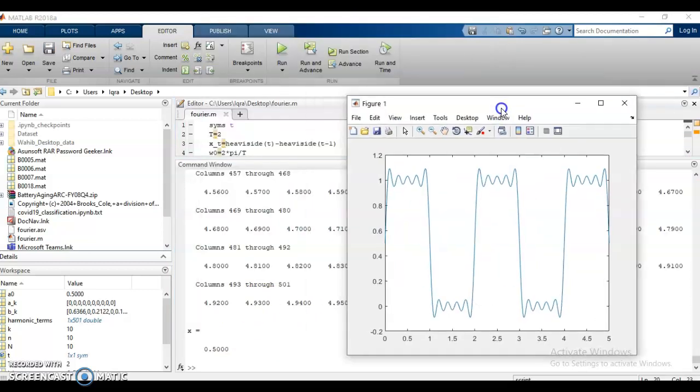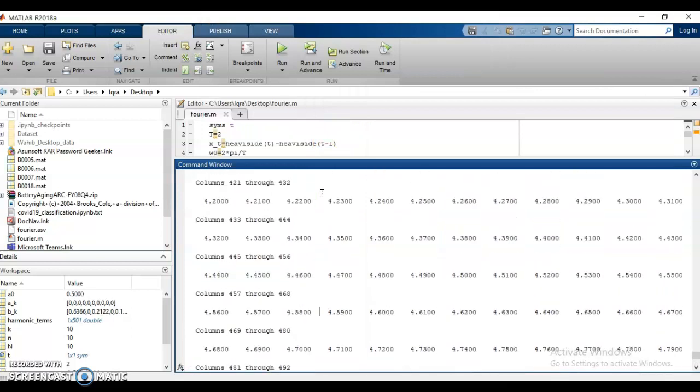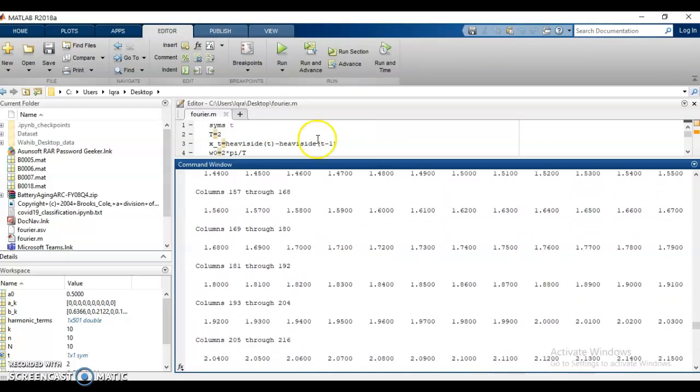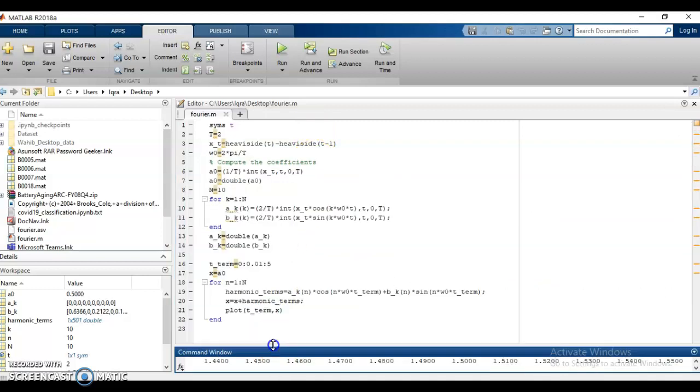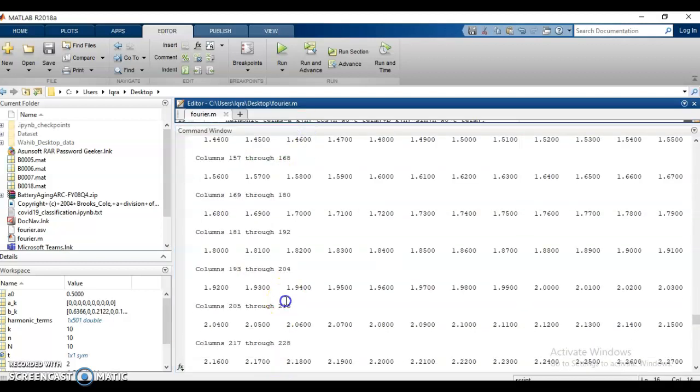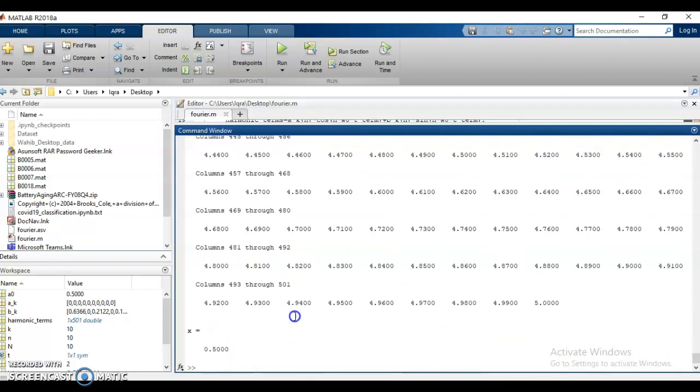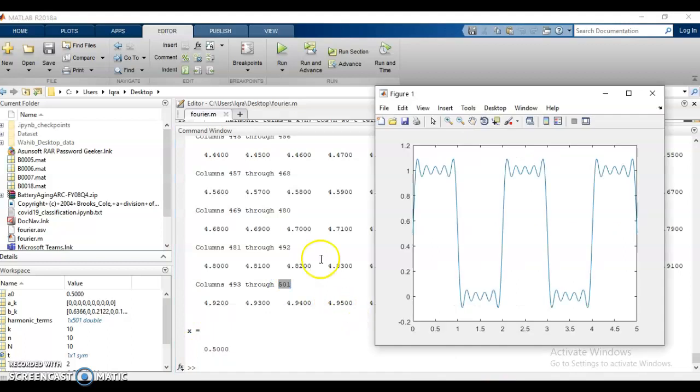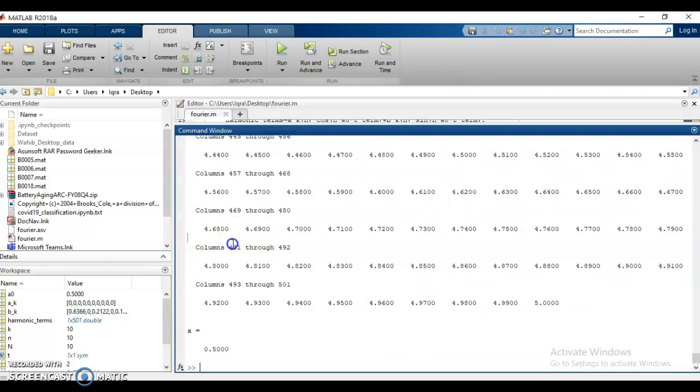and this is how you can see the result. Okay, so here you can see that each term is being computed, because we chose the step size to be 0.01, so we will have around 500 terms in between. Okay, it's 501 because it's starting from 0. Okay, and this is the result. You can see that this is how it's going to add the terms. Okay, this is the result when we have added 10 harmonic terms.